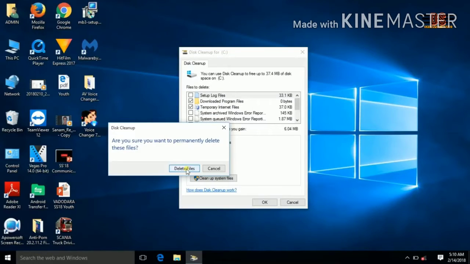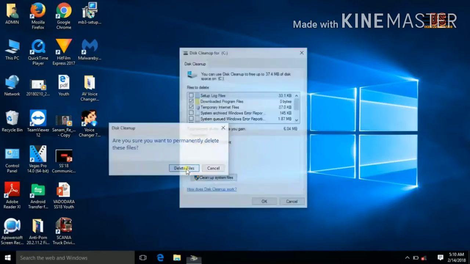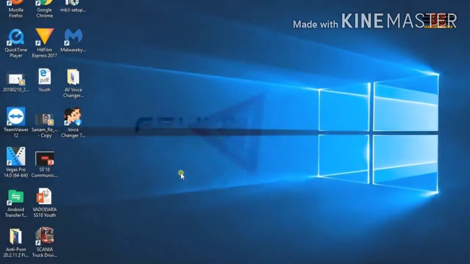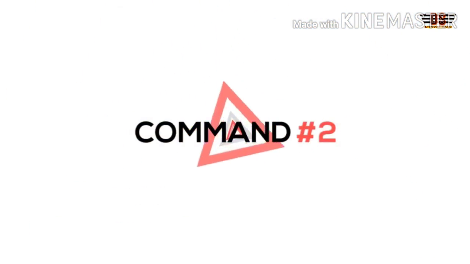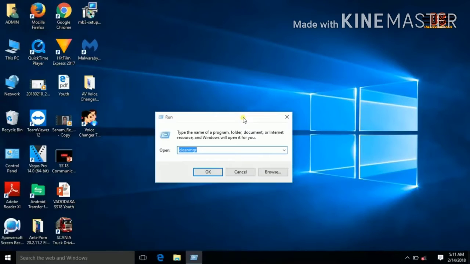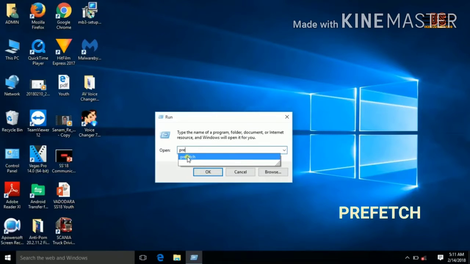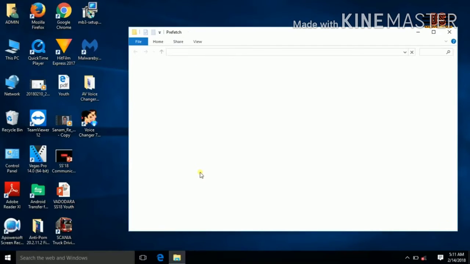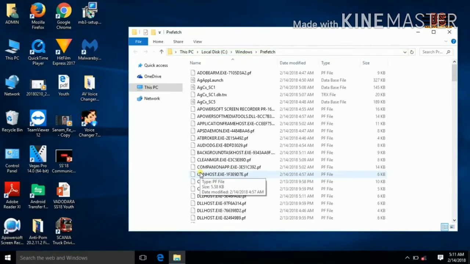Follow the steps whatever is said here. Here it actually cleans up again. The second command, just try them one by one on your computer. After going to Run you have to type prefetch, prefetch. Clear? The spelling is also there. Afterwards the window appears here for prefetch.